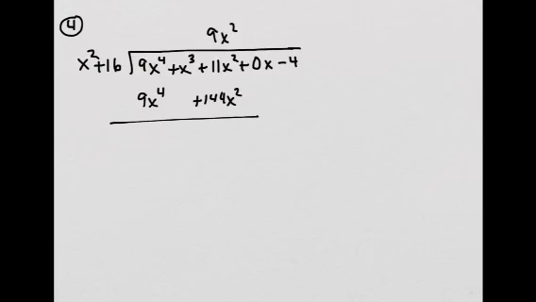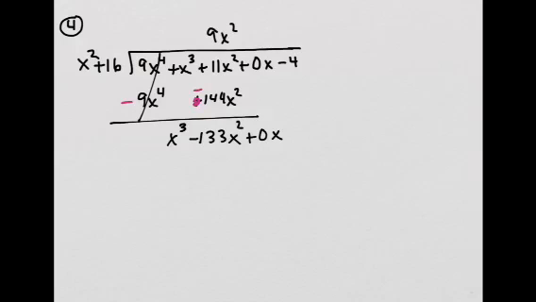Okay, so now we're going to subtract, so we're adding the opposite. So minus, and this becomes minus. Okay, so then you add the two lines, and you get 0, and then you bring down the x cubed because there's nothing to add or subtract from it, so you just bring it down. And then 11 minus 144, that's going to give me negative 133 x squared, and then you bring down the